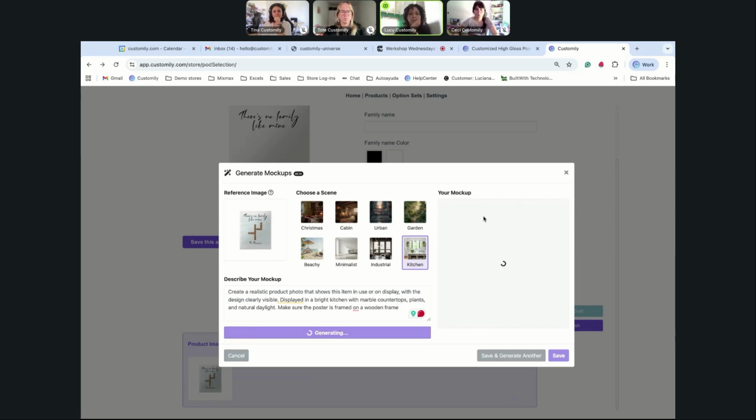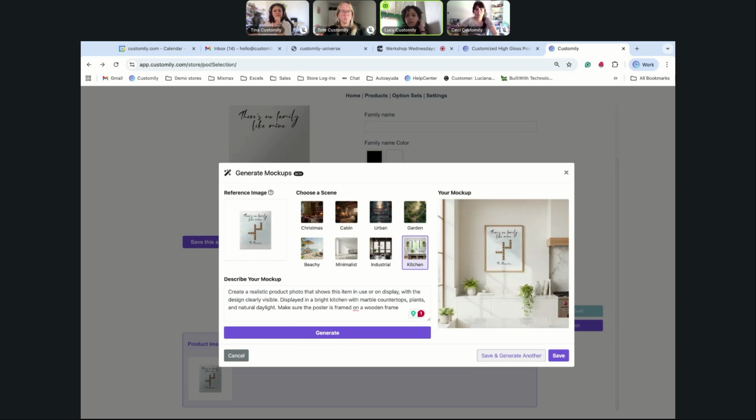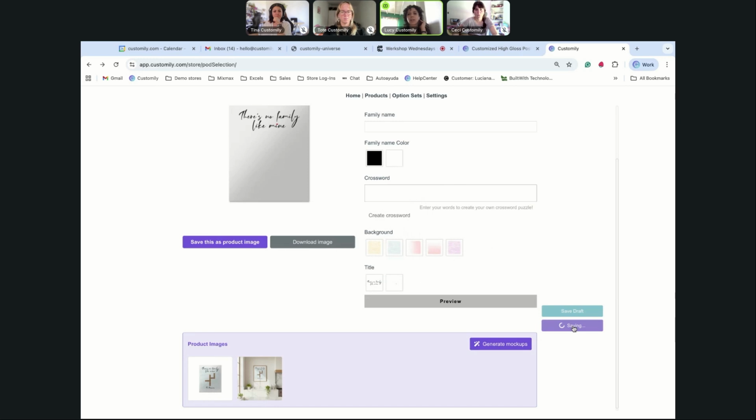As Tina was mentioning, this is a feature where we may need to tweak that prompt to make sure that the image coming out is exactly as we want it to be. But of course, since this is a feature included within Customly, there's no limit. So we can try it out and test it out and make sure that we have the image come out as we want it to be. So let's go ahead and save that image. And then when we go ahead and publish,